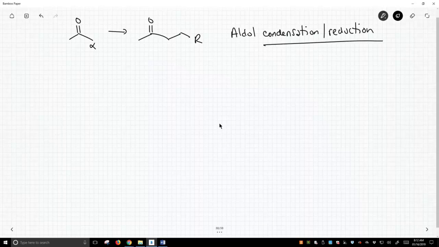Now, if you've been following along, the aldol condensation does not make an alkylated product. It makes an alpha-beta-unsaturated ketone. But we can take that alpha-beta-unsaturated ketone and reduce the alkene to make the alkene go away. So,